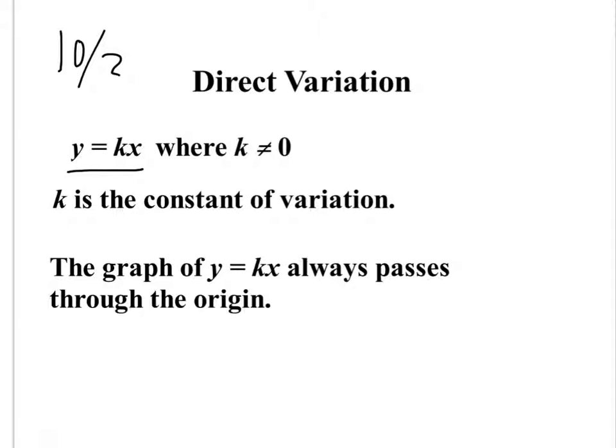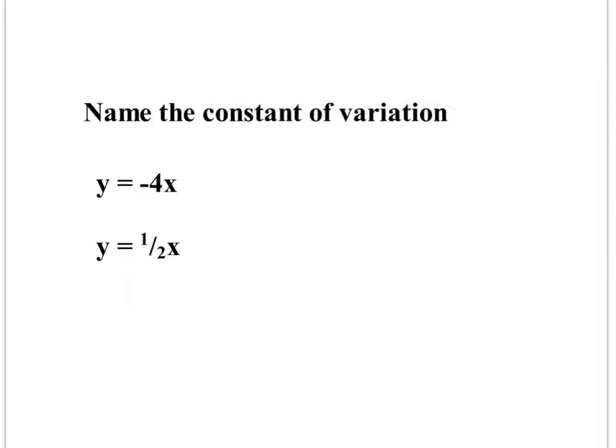It keeps changing at the same rate. It's a constant of variation. The graph of y equals kx always passes through the origin. So today, everything we do is going to pass through the origin. And remember, the origin is where x and y meet, right? So any graph we make today goes through the origin. It's going to look like this, or like that, or like that. All right, any questions? All right, write down,